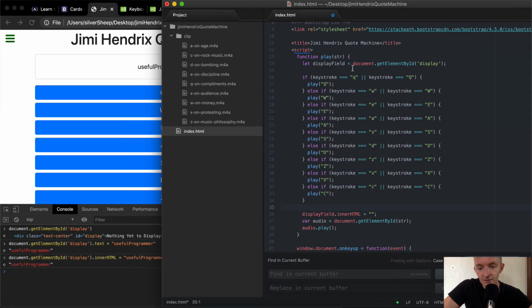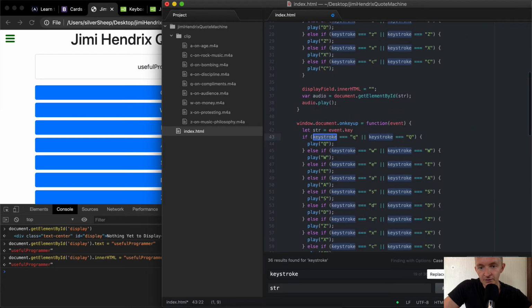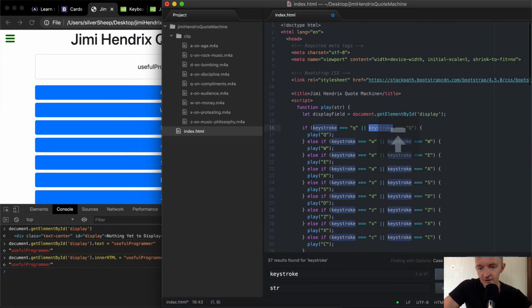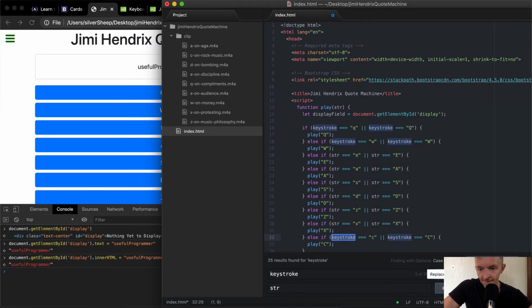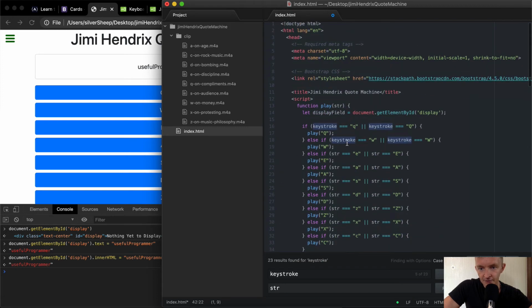I'm going to say keystroke. I do Command F to pull this box up, and what I want is instead of keystroke, I want it to say if string. And so I'm just going to start replacing these. I'm going to find my way through here because it's going to find all these first. And then I'm just going to replace here. So string. And I'll do these by hand. And then instead of play Q, I'm going to say display field dot inner HTML